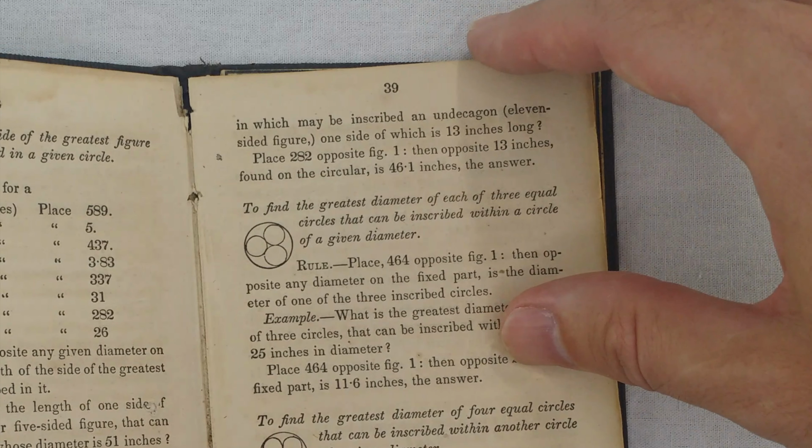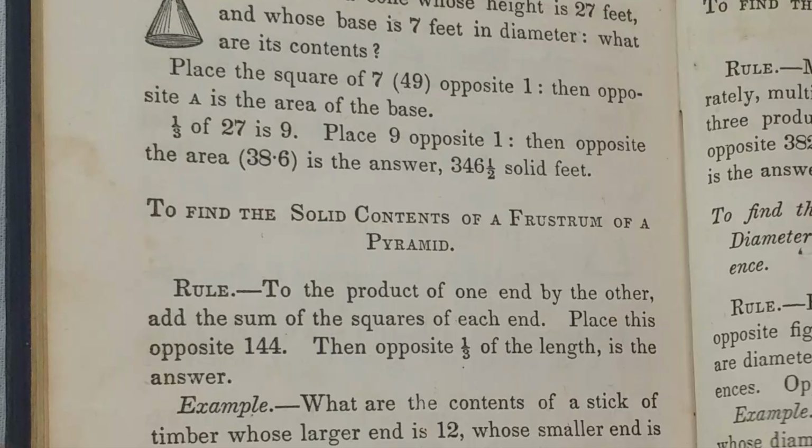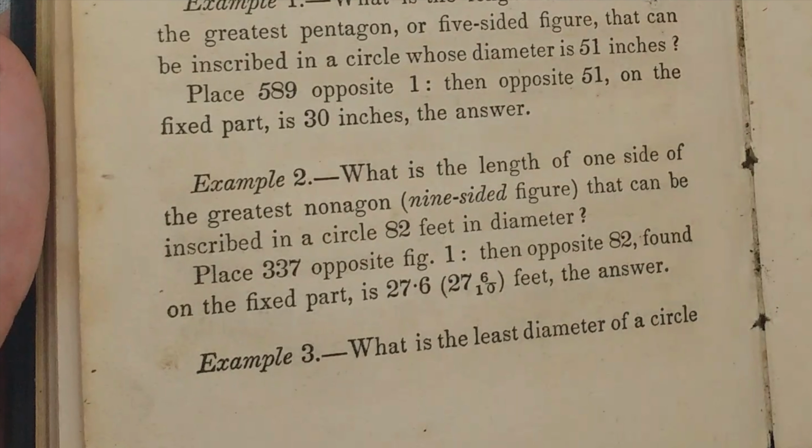There's also some abstract geometry problems in there, which I appreciate. Find the greatest diameter of each of 3 equal circles that can be inscribed within a circle of a given diameter. Man, this is what they were doing in the 1840s? Find the diameter of a leaden ball from its weight. Find the solid contents of a frustrum. What is the length of one side of the greatest nonagon that can be inscribed in a circle 82 feet in diameter? Man, if I had a nickel for every...